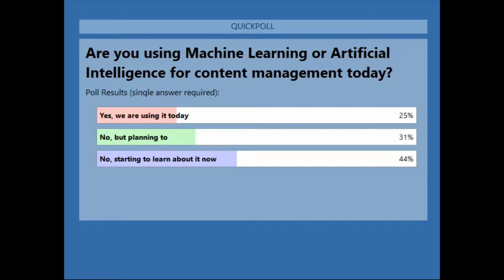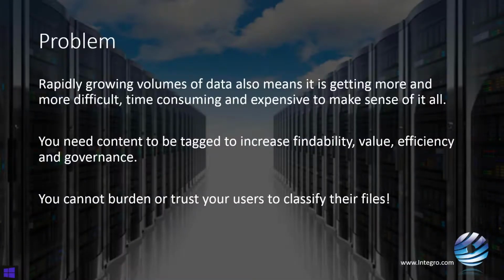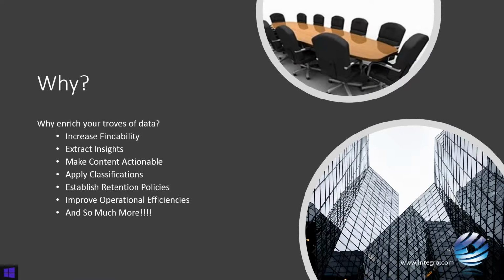So let's look at this a little bit more and say, okay, why should we spend our time and money to enrich our content? Why is this important to us? The possibilities of how this can help your organization are just expanding every day. Increase findability. Make the switch from browse to search. This is important with a changing workforce that's accustomed to searching for content versus using folders and browsing, as well as the need to present content on all kinds of devices, whether it's a mobile phone, an iPad, or